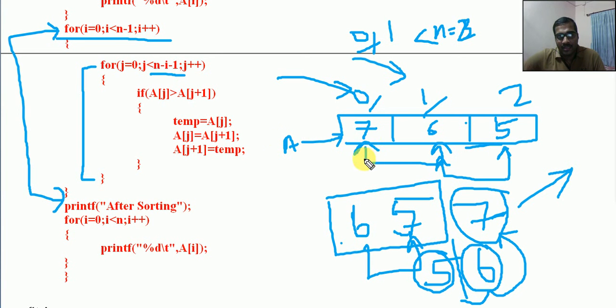See, here we compare 7 and 6, so we will enter into that. Then in the next iteration we will have these two compared. So j less than 2 means up to 1 only, 0 and 1. Only 2 times we are doing this comparison.